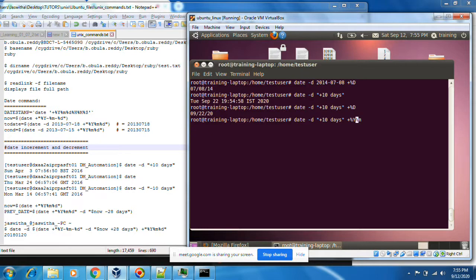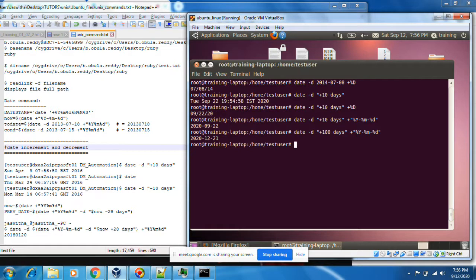You can put it between hyphens or without hyphens as you wish, %d. As you wish, you can change the date format also. After 100 days, what is the next day? After 100 days, this is the date.